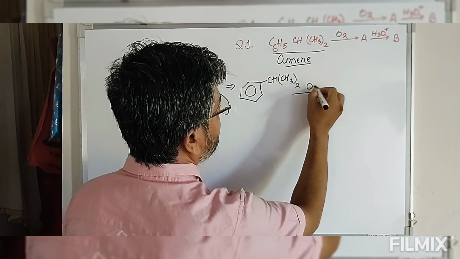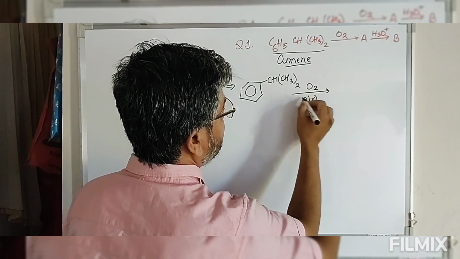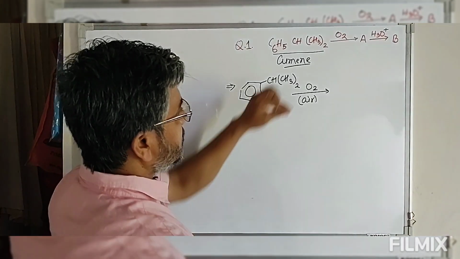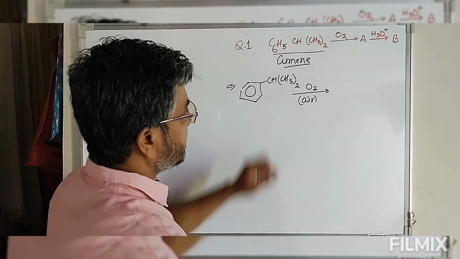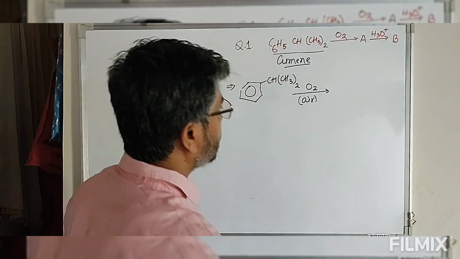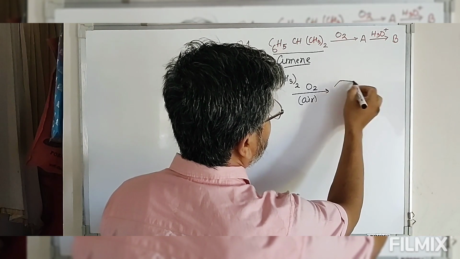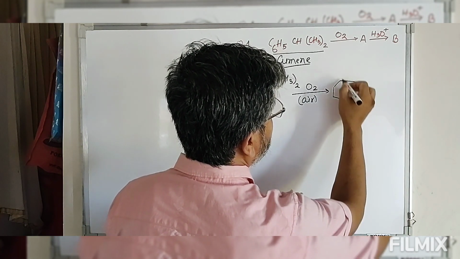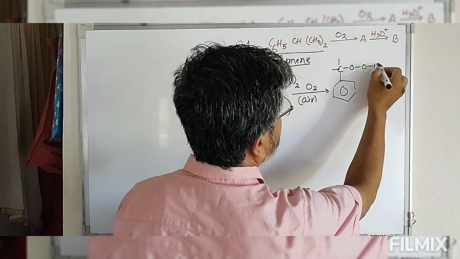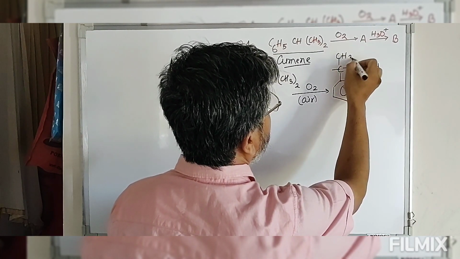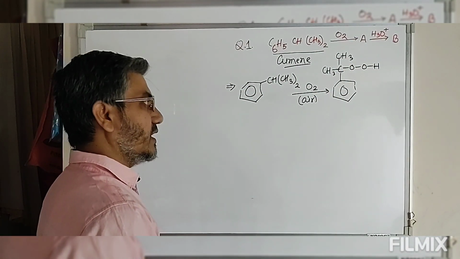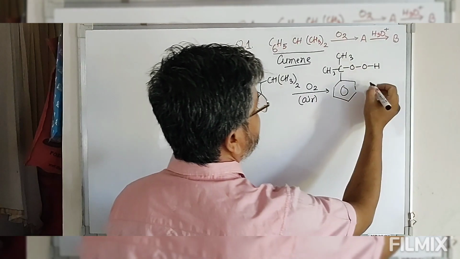Cumene reacts with oxygen from air, that is aerial oxidation of cumene. Now we know this oxygen is a very good oxidizing agent. This is also a diradical. So this reacts with cumene to give you cumene hydroperoxide. So the first compound formed is cumene hydroperoxide, that is compound A. Now this cumene hydroperoxide on acidification,